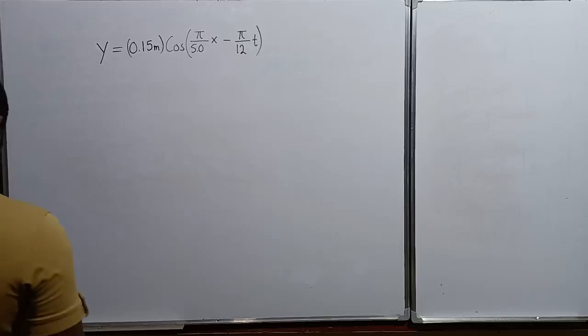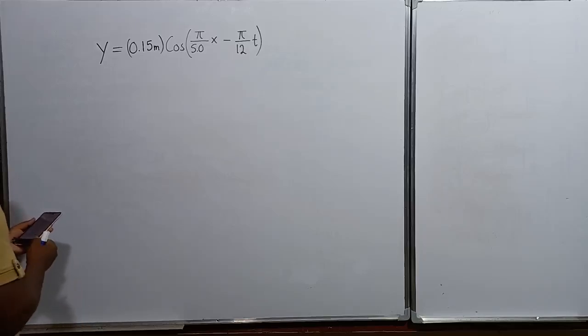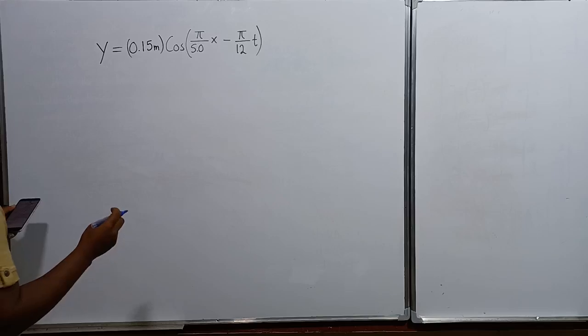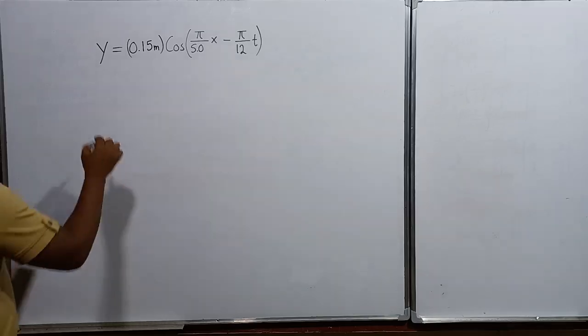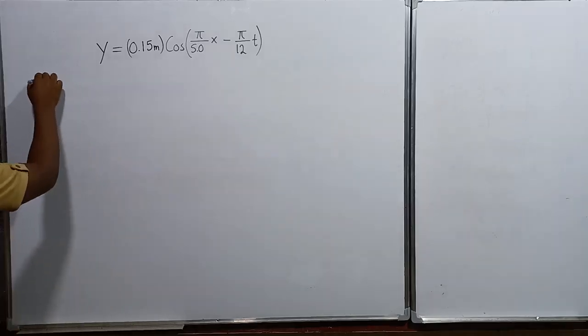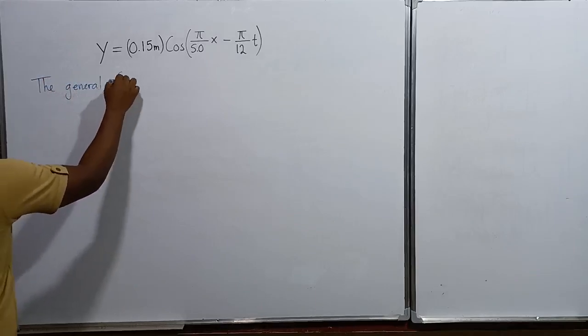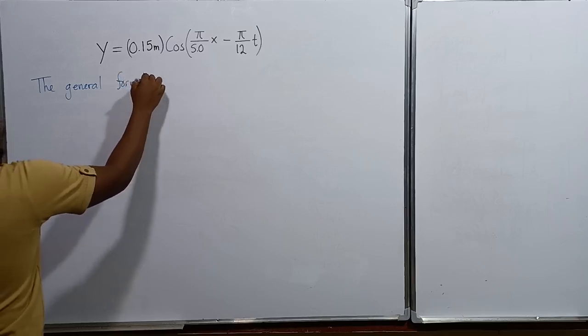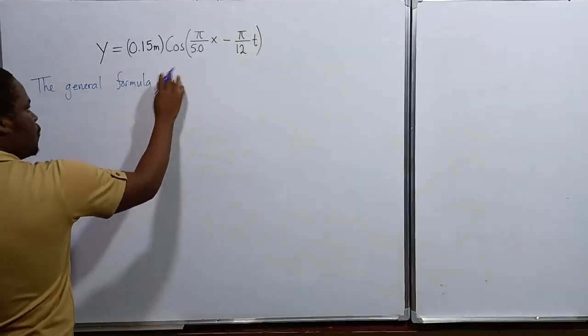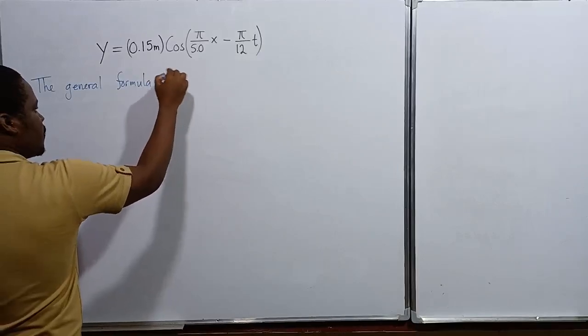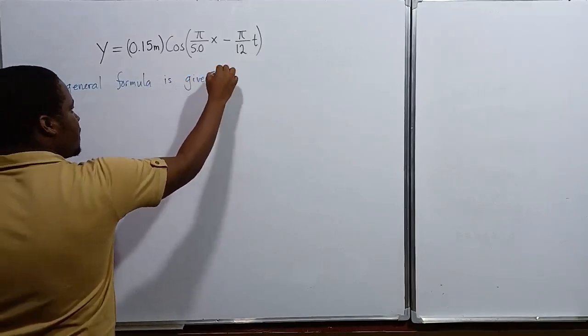So we have this equation, and the question reads, a wave in a string is described by the following equation, which is this one. Find the amplitude, wavelength, period, speed, and the direction. So first of all, the general formula of this wave is given by,